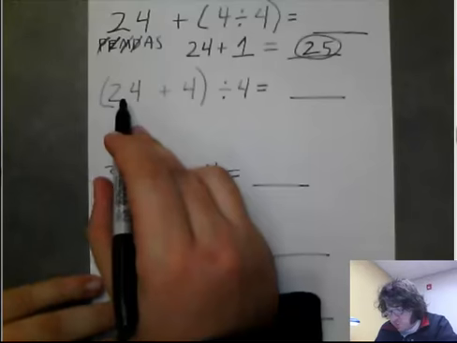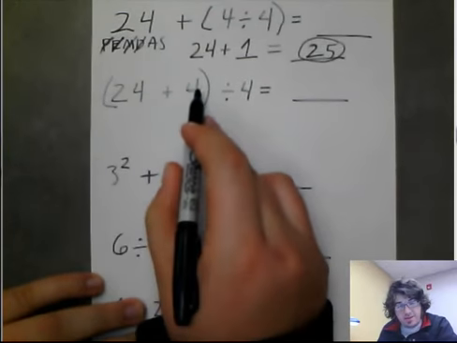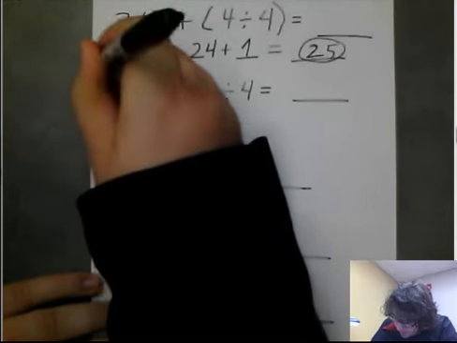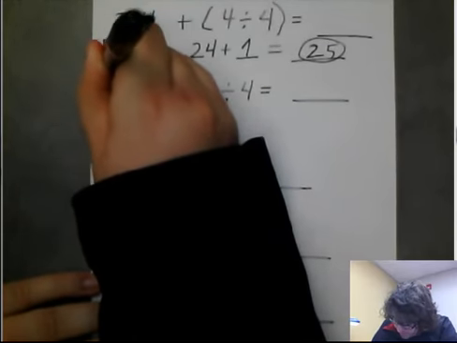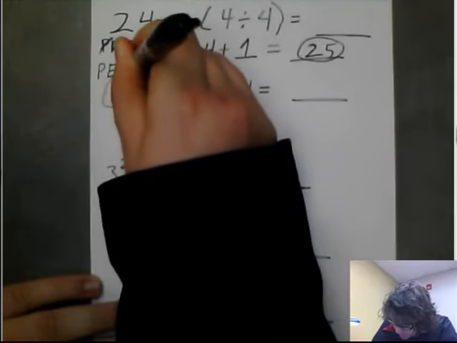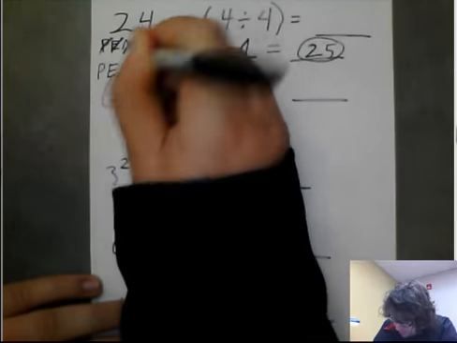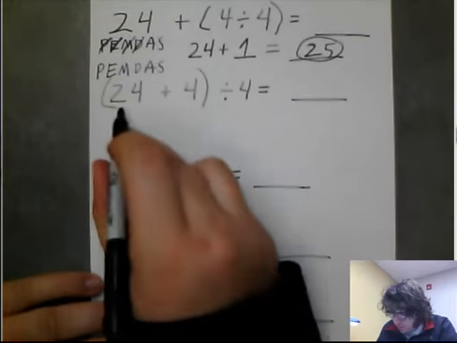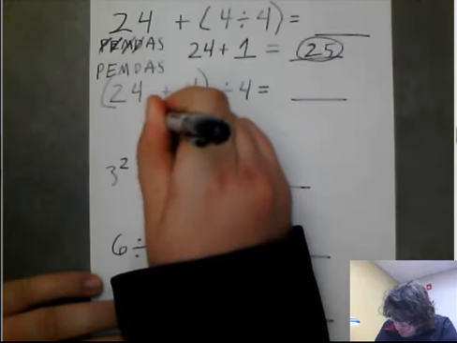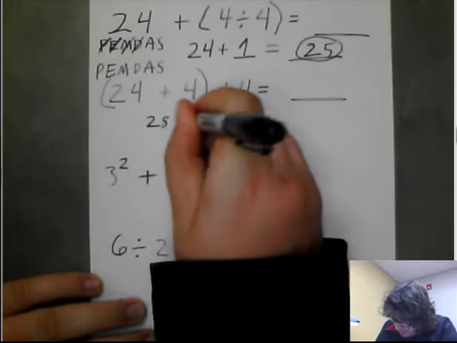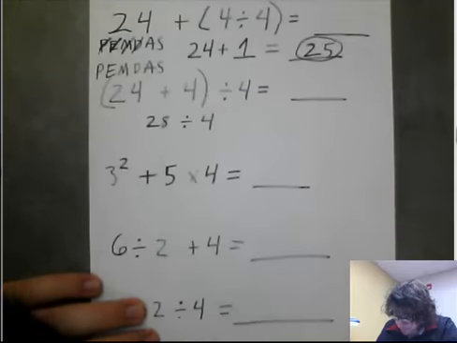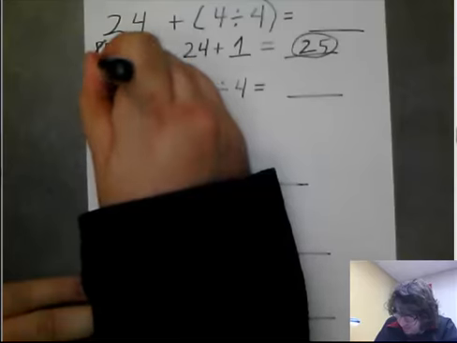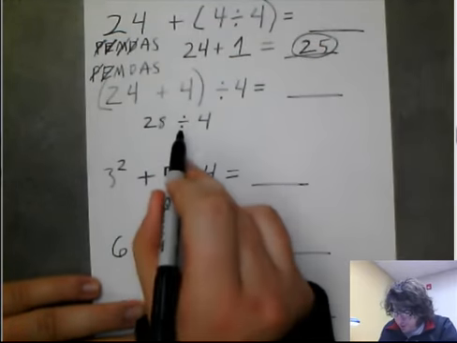All right, now we have 24 plus 4 in parentheses divided by 4. Okay, again, I'm going to write, please excuse my dear Aunt Sally. Okay, I need to do my parentheses first. So 24 plus 4 gives me 28. Bring everything else down, divided by 4. So I use my parentheses. I don't have any exponents. I do have